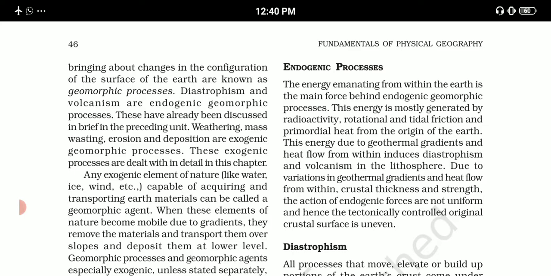Okay, then हम ये भी कह सकते हैं the different types of volcano blast. Okay, and we also know कि the tectonically controlled crustal surface is uneven, कहीं पे ऊपर होता है कहीं पे नीचे होता है, so that's also part of the endogenic geomorphic process, जहाँ हम internal होने वाली जो प्रक्रिया है या इंटरनल होने वाली जो चीज़ें हैं, जो एनर्जी है, ठीक है, एनर्जी from radioactivity, from the particular rotation, from the tidal, जिस भी तरह की जो होती है, from the earth having the heat, जहाँ से वो हीट लेते हैं, वो सारी की सारी एंडोजेनिक जियोमॉर्फिक प्रोसेस में आएगी.